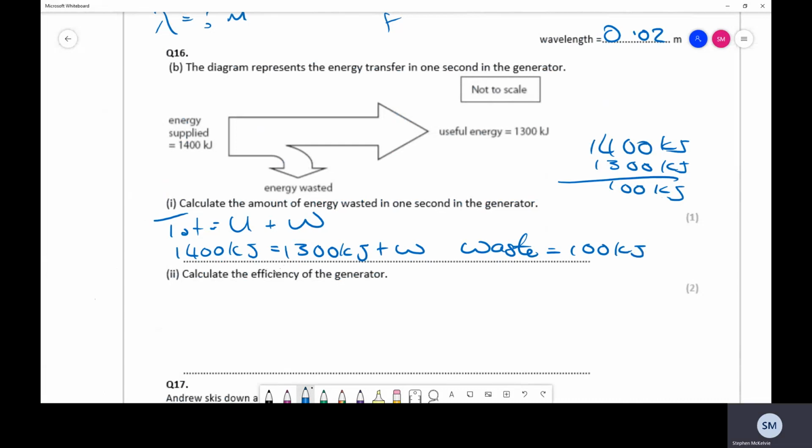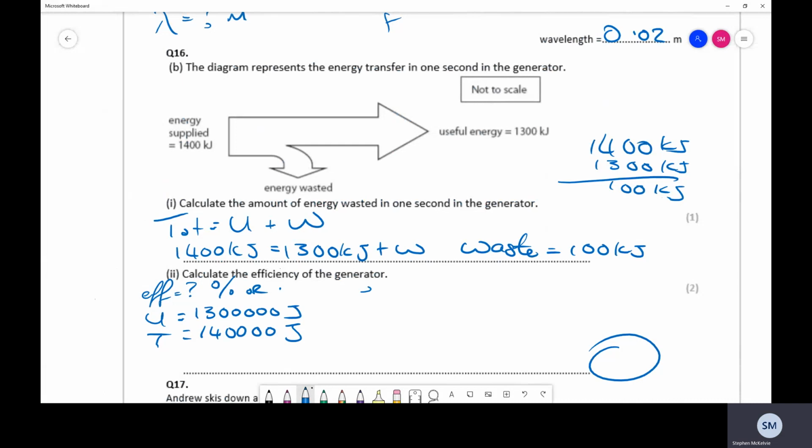Calculate the efficiency of the generator. Now I'm going to do my efficiency, which I don't know. It can be either in percentages or in decimal points. It doesn't tell me, so I can do either that I want. Useful is equal to 1,300,000 joules. Total is equal to 1,400,000 joules. Efficiency is useful divided by total, meaning my efficiency is equal to 1,300,000 joules divided